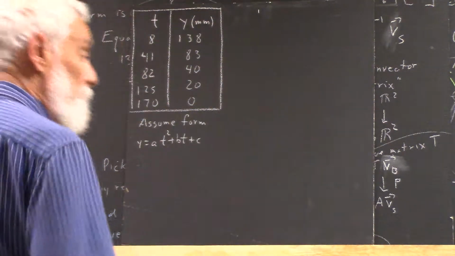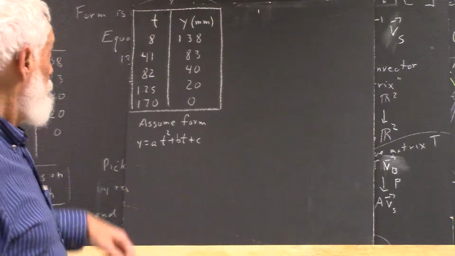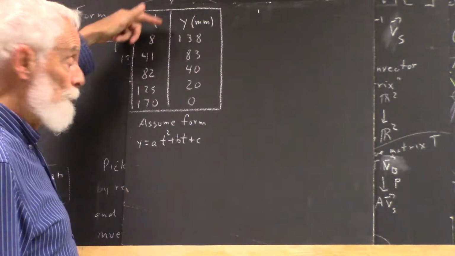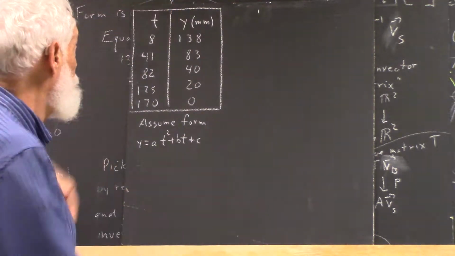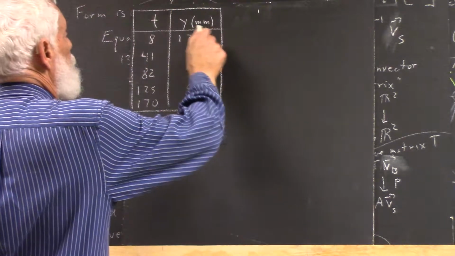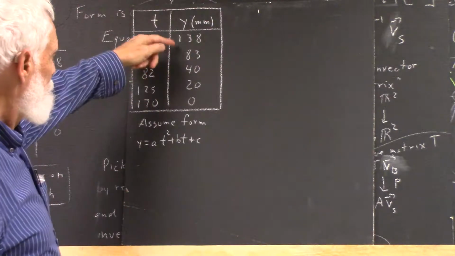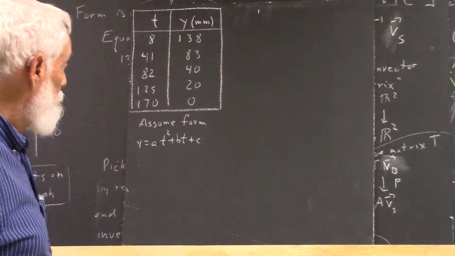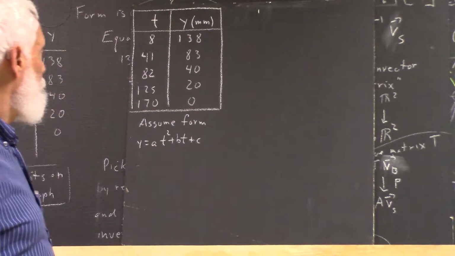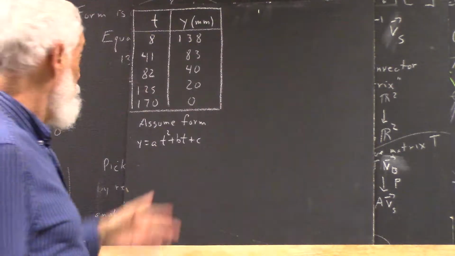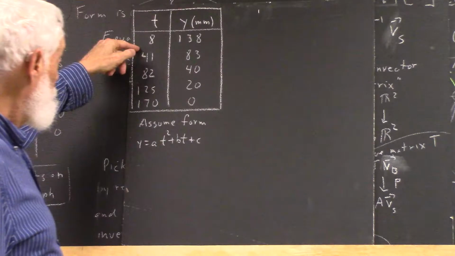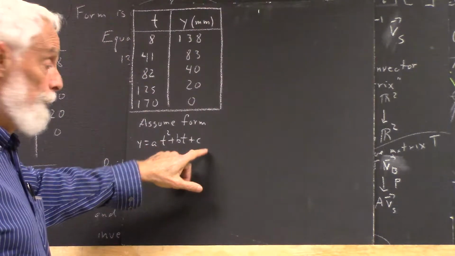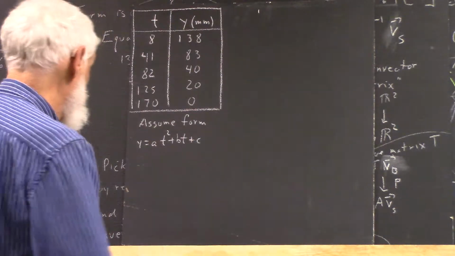Now, from the observations that were made, we get the times at which the depth of the water in the container was each of these, measured relative to the point where the flow stopped. Okay? Now, we assume that the functional relationship between y and t is of the form y equals at squared plus bt plus c. This is what physics